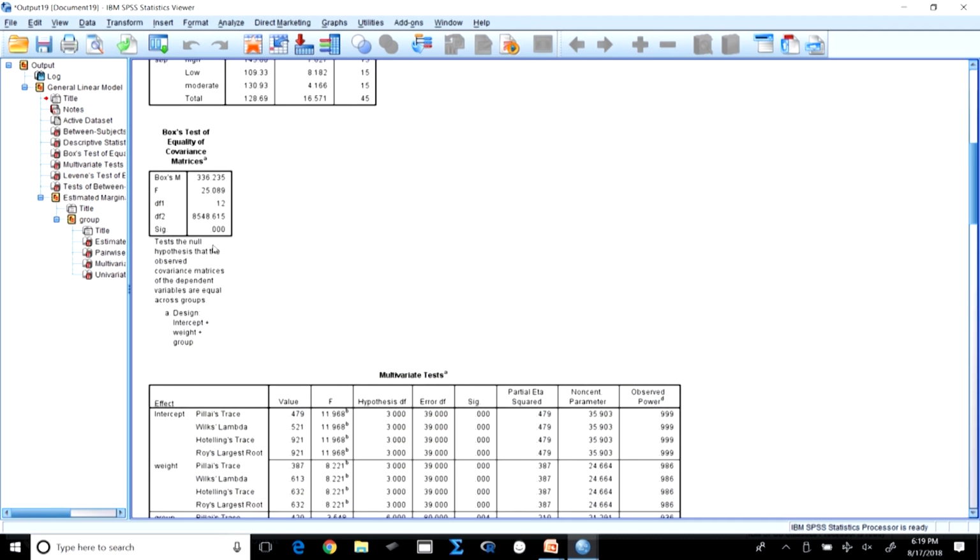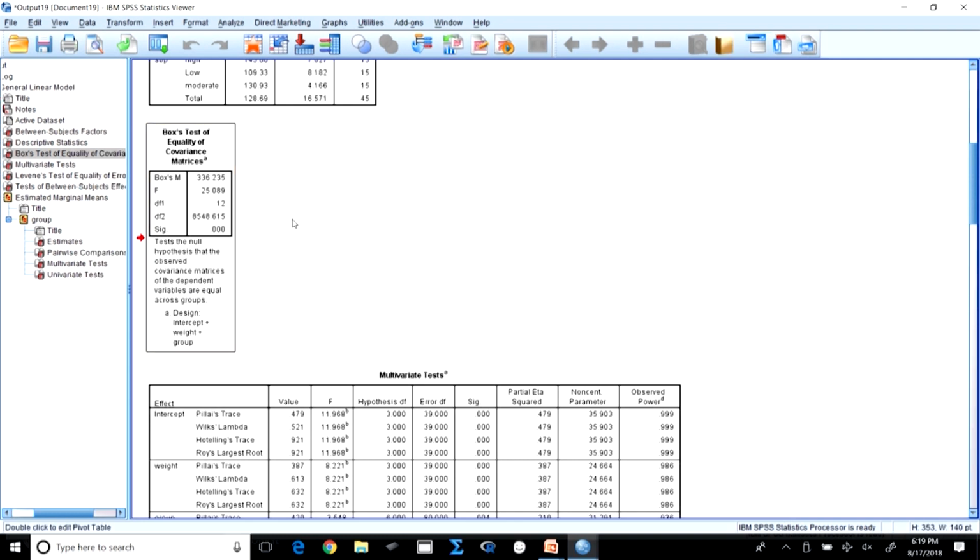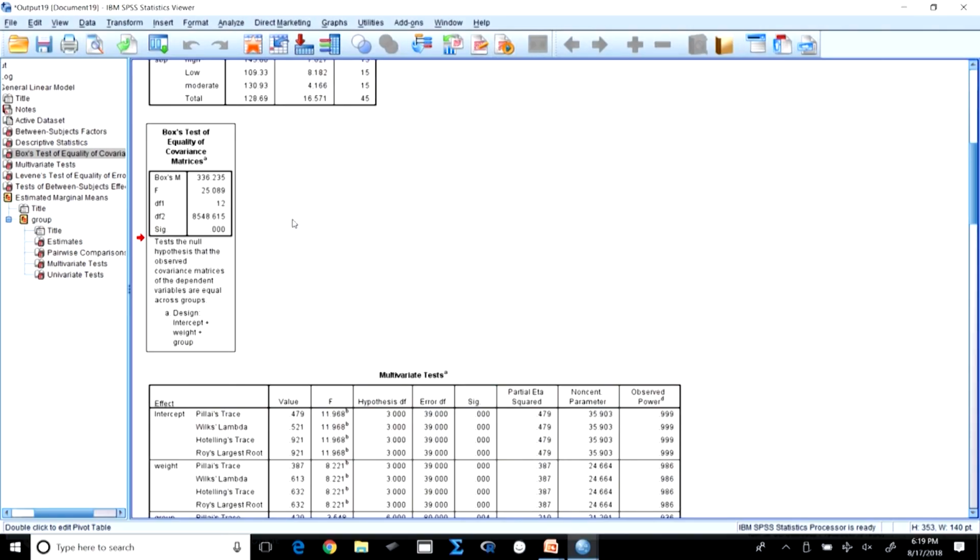in fact this Box's M test tests the null hypothesis that the observed covariance matrices of the dependent variables are equal across groups, but in this case our data is not showing a good sign. It should not come significant actually, please note it down when you write, because you have to write it in the research paper. At the 5% level of significance, it should have come above 0.05, but in our case it is coming 0.000, which shows that it is significant. That actually should not come, but I have not treated my data. I have brought it as it is, so whatever is coming is shown here. You should ensure that it is above 0.05.